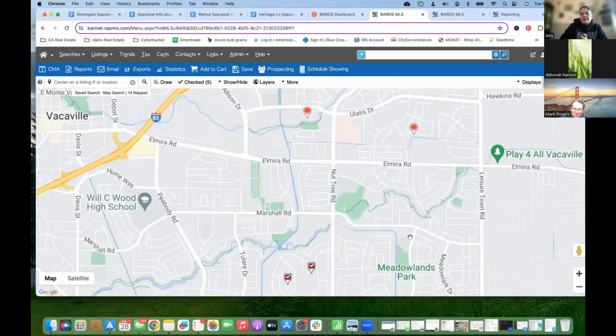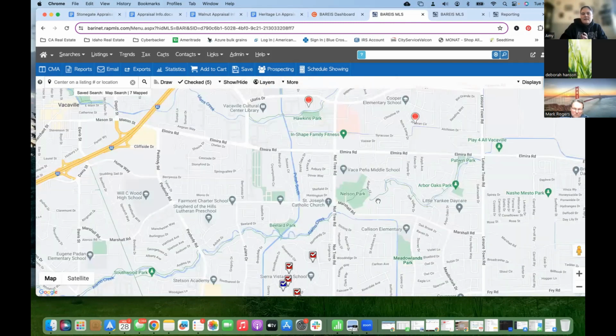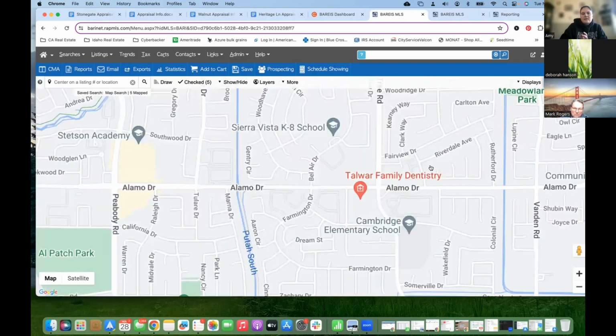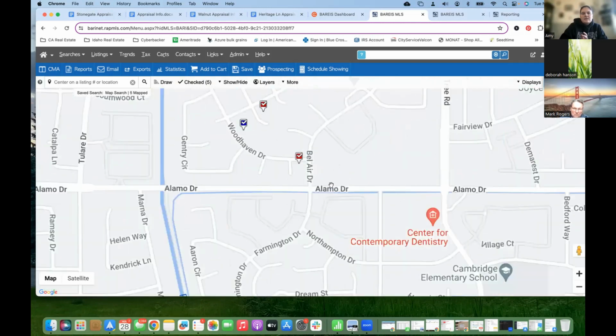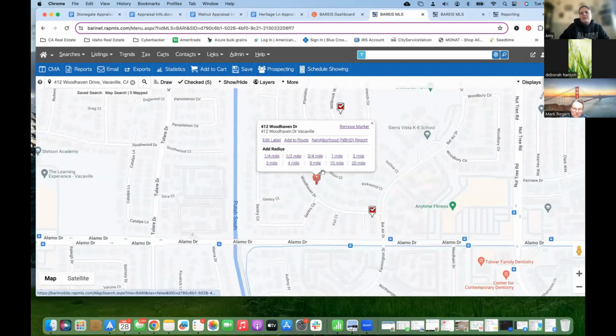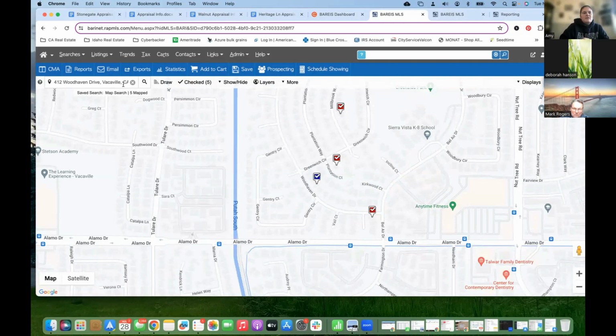If I zoom back in here on my little checkbox, so hold on here. All right, so this one here was my subject property. So let's go ahead. I'm going to make that little mark come back up again. 412 Woodhaven. All right. Here, if I hit remove marker, oh, I didn't want to remove marker. Let's try that again. Okay, we just wanted to X out. So it still has that little property dot there. If we click on that,